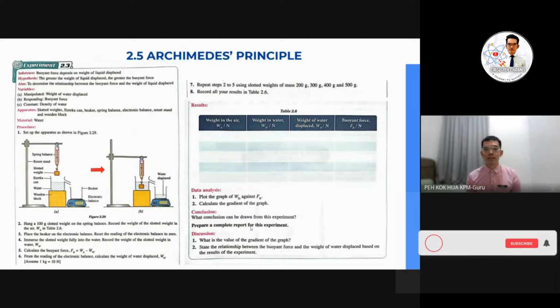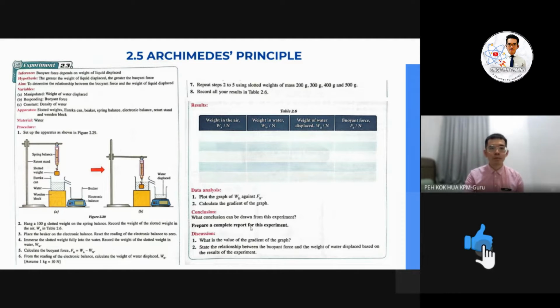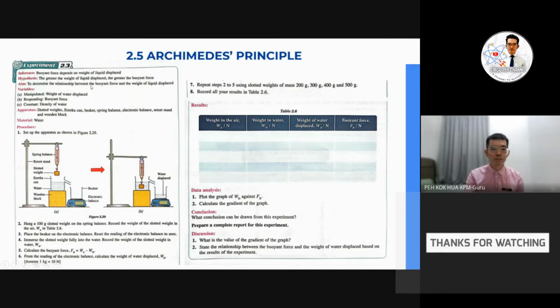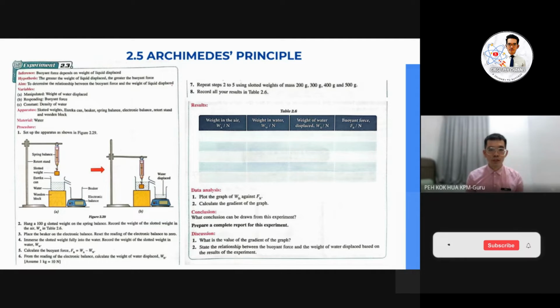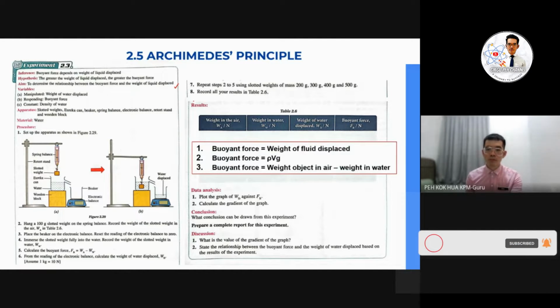Basically, this is experiment 2.3, which, as I mentioned, is in your textbook, page 68. It is under subtopic 2.5 regarding the Archimedes Principle. So the aim for this experiment will be to determine the relationship between the buoyant force and the weight of the liquid displaced. As you already did this year, I think a few months ago, together with your teacher, the three important